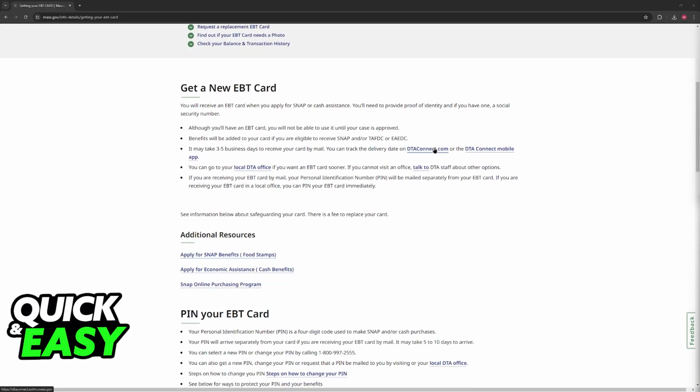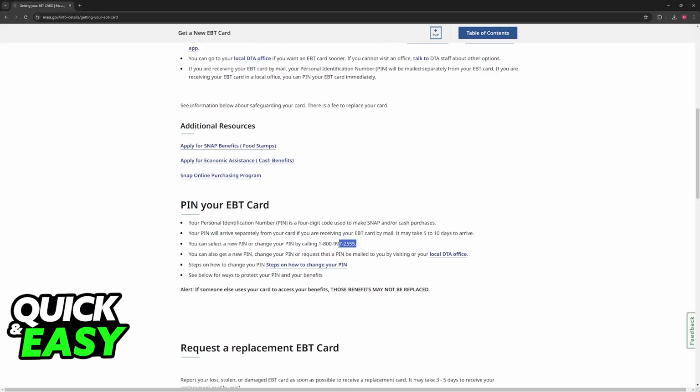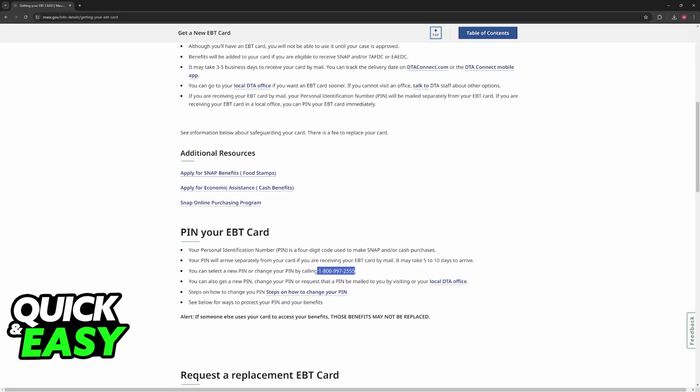Once prompted, create your PIN, and this is going to be the password that you will input every time you use your EBT card. So remember this PIN for future purchases. As you can see, the number is also listed here. So once you call the number on the back of your card, which should be this one, 1-800-997-2555, you will be able to follow the steps, set up the PIN, and afterwards it is going to be